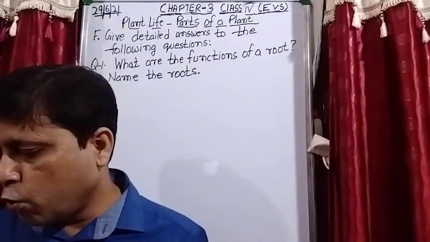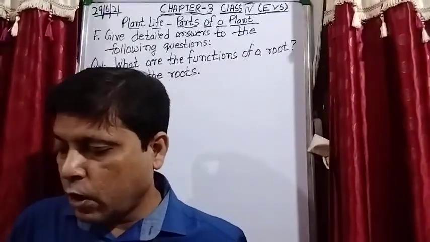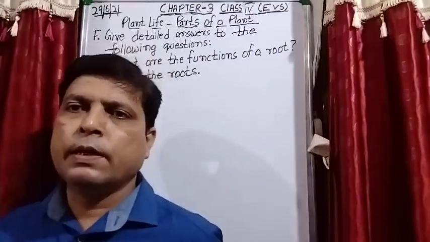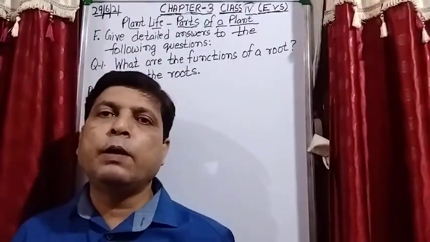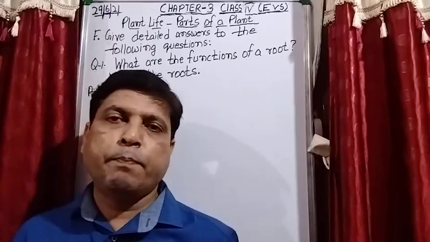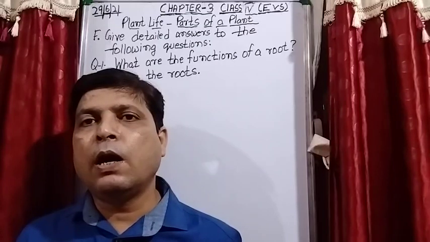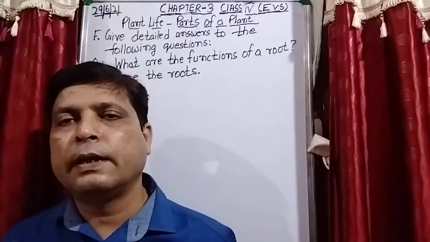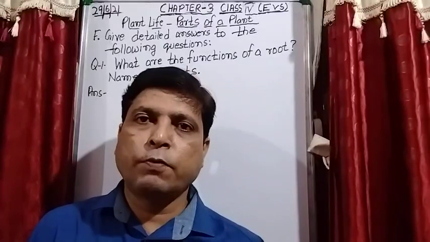Another function of the root is that roots bind the soil. The soil in which no plants are growing is easily washed away by water or blown away by the wind. In areas where there is no plant, due to strong wind the upper layer of the soil is blown away, and due to heavy rain at the time of floods the upper layer of the soil is also washed away by the water. This condition is known as soil erosion. So these are the functions of the root.